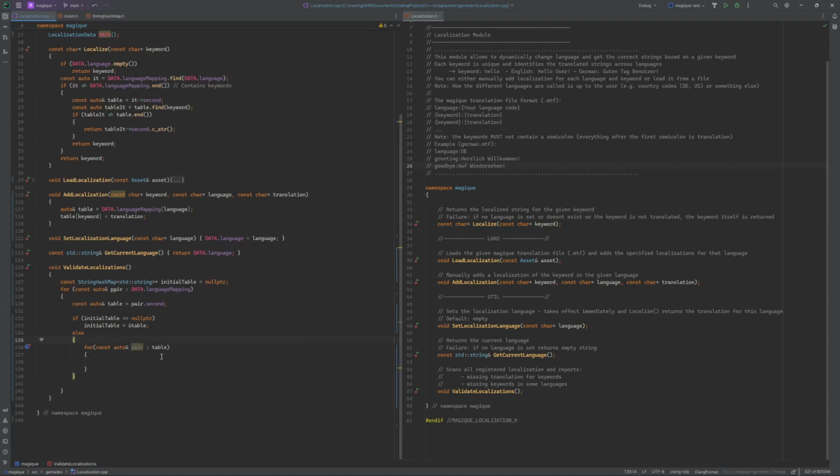Yeah, I guess we need a double iterator loop here. Because the keywords, I mean, okay, that's a problem. So, right,